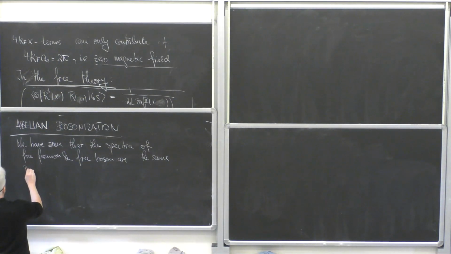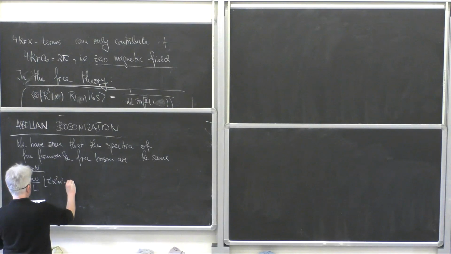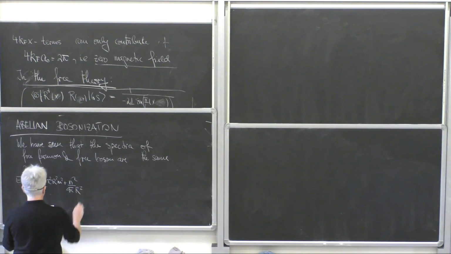In other words, here we had the boson. Let me just remind you. So we had E was 2 pi v over L, pi squared R squared M squared plus N squared divided by 4 pi R squared,